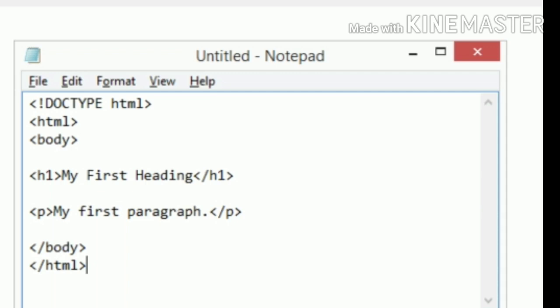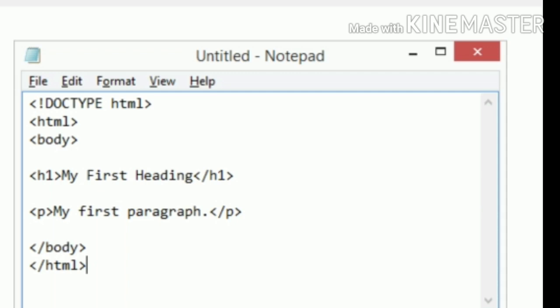After that you can see how it is displayed in Notepad. In the untitled Notepad window, the HTML file has the doctype, the html open tag and body tag, then the h1 open tag, my first heading, and the closing h1 tag.